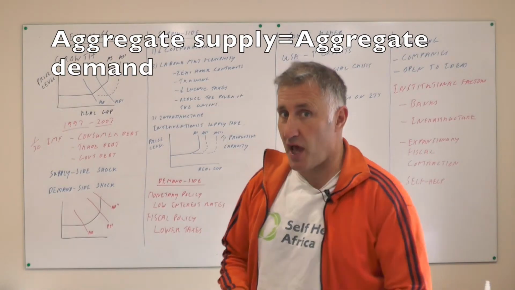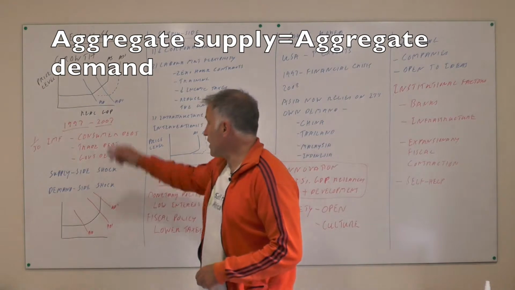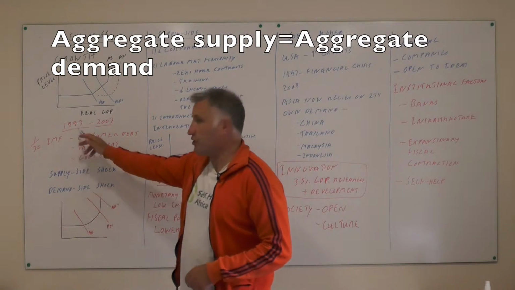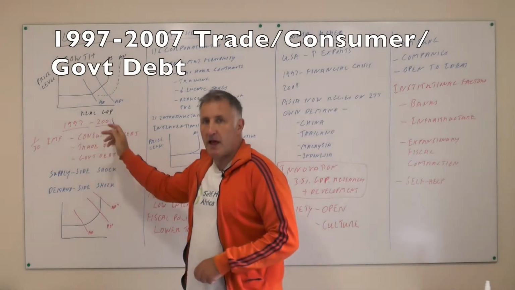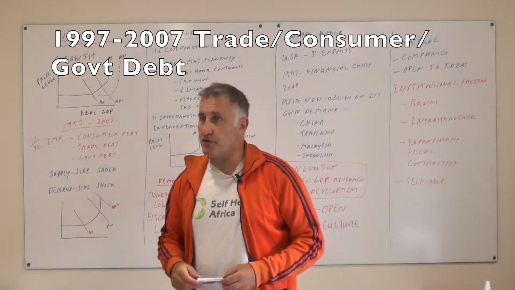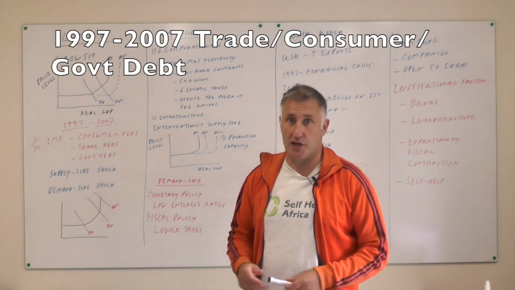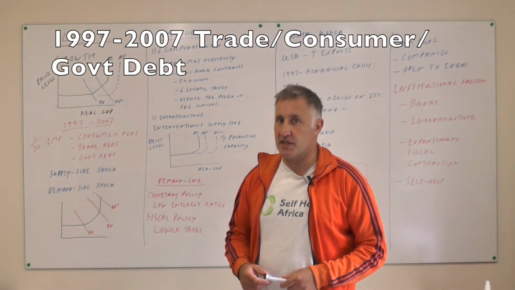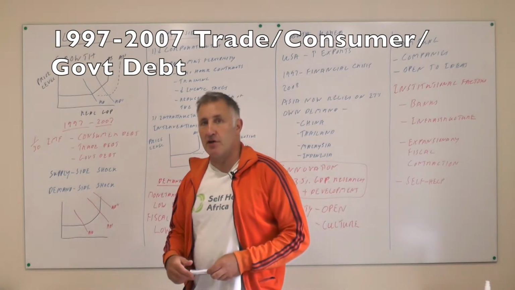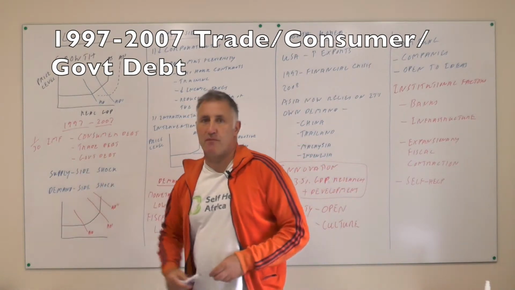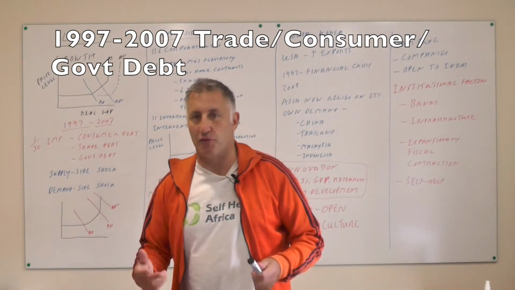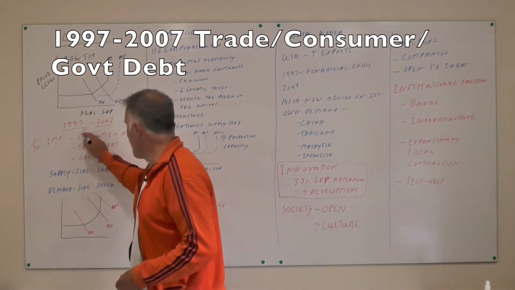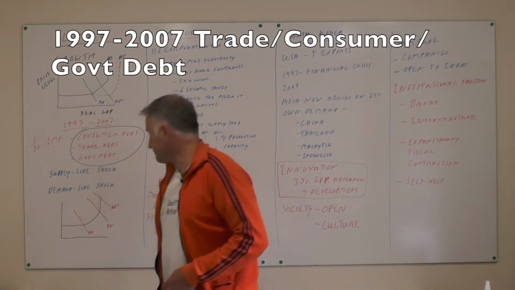However, I believe you can always say when you're writing the essay, okay, this is how you achieve economic growth. AS grows in line with AD. That's quite a good start. But let's have a look at 1997 to 2007. During this period of time, we did have economic growth of roughly 3% a year, which was really good. But it was based upon consumer debt, government debt, and also trade debt. At the time, the IMF, as I previously said, said we'd achieved macro stability and that we were the top nation out of all the developed countries in the world in terms of that. But in fact, it was built upon these three things on here.